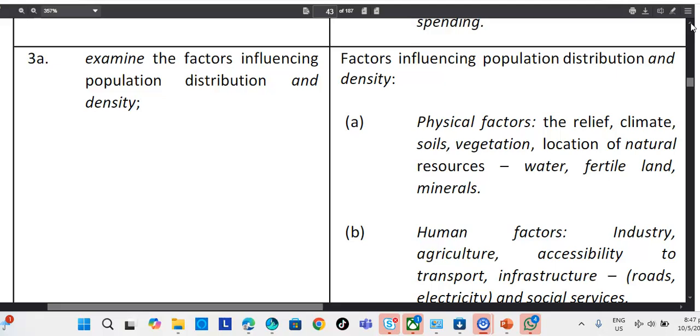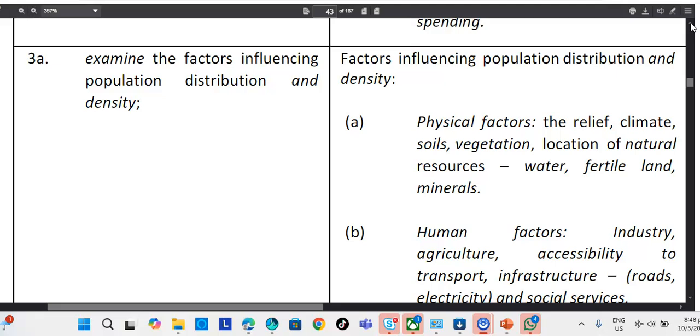If you are into agriculture, you want to ensure that the soil is good where you are living. You want to ensure that there are minerals, there are medical facilities, etc. So you will not find a lot of people living in areas where certain things that are needed for your